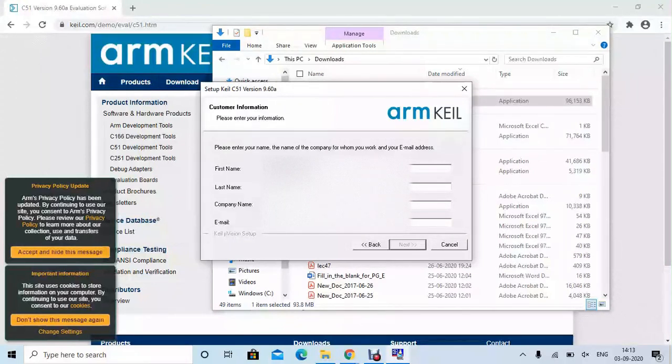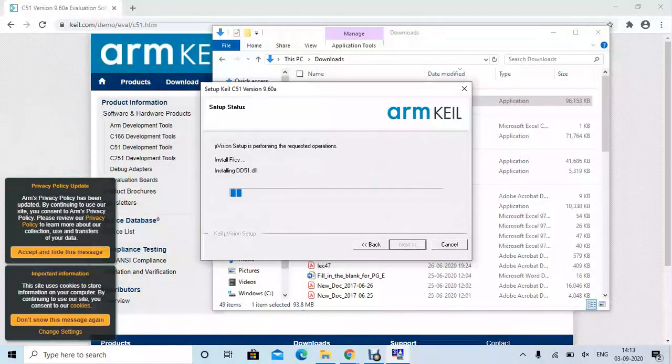If you are a student, you can give your college name, and if you are faculty, you can give your college name itself, and your email ID. Then click on next. So it will start the installation process.